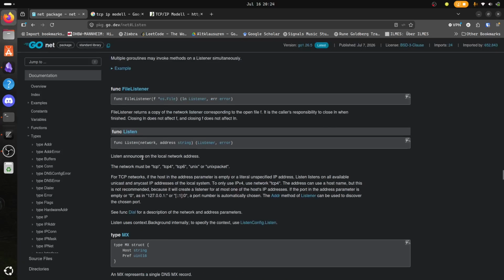Listen announces on the local network address. The network must be TCP. Okay. For TCP networks, if the host in the address parameter is empty or a literal unspecified IP address, listens on all available unicast and anycast IP addresses of the local system. All right. To only use IPv4, use network TCP4. The address can use a host name, but this is not required. If the port in the address parameter is empty,